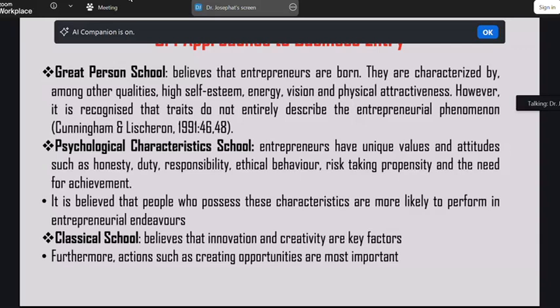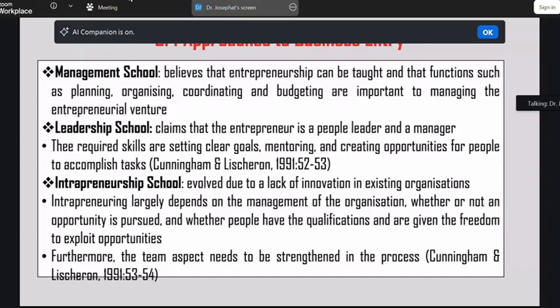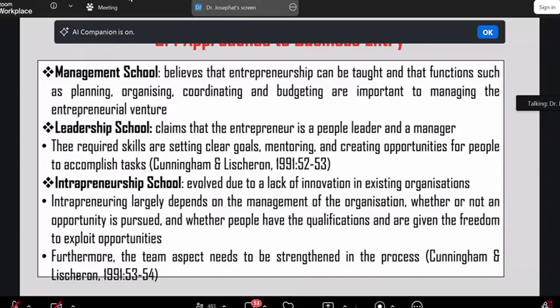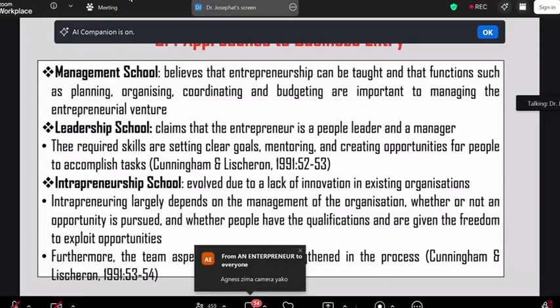So those people who possess innovativeness skills and creativity skills are much more likely to succeed in the entrepreneurial journey. So on the part of management schools, they believe that entrepreneurship can be taught, as well as the functions such as planning, organizing, coordinating, and budgeting, which are important to managing an entrepreneurial